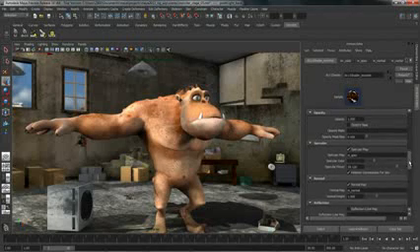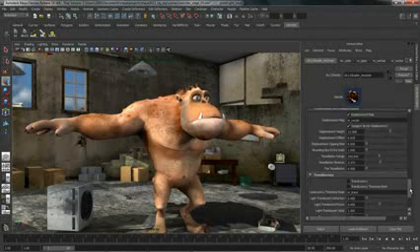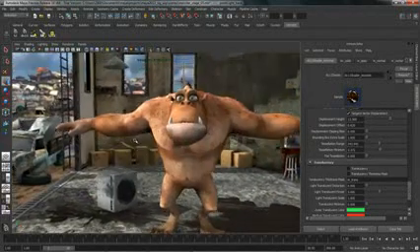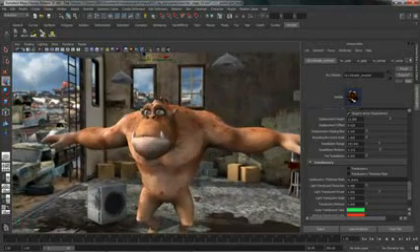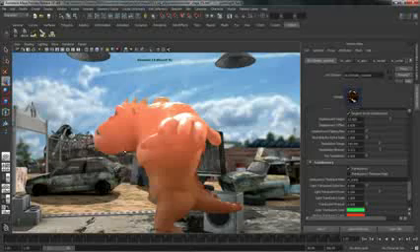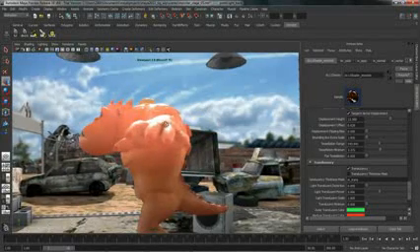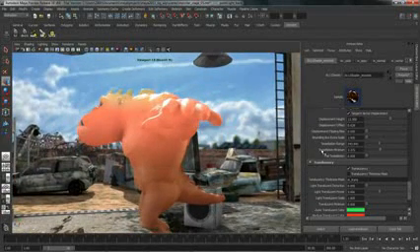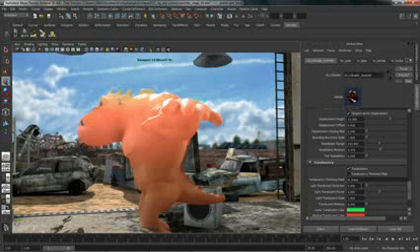So the next thing that we want to look at really quickly is translucence. We'll scroll down here to the bottom of the list. So translucence works pretty well. If we go ahead and turn this on, anywhere we get any backlighting, anywhere there's a directional or a point light or a spotlight behind the character, we start to get this translucence. Obviously with the default settings, he looks like a jelly bean,